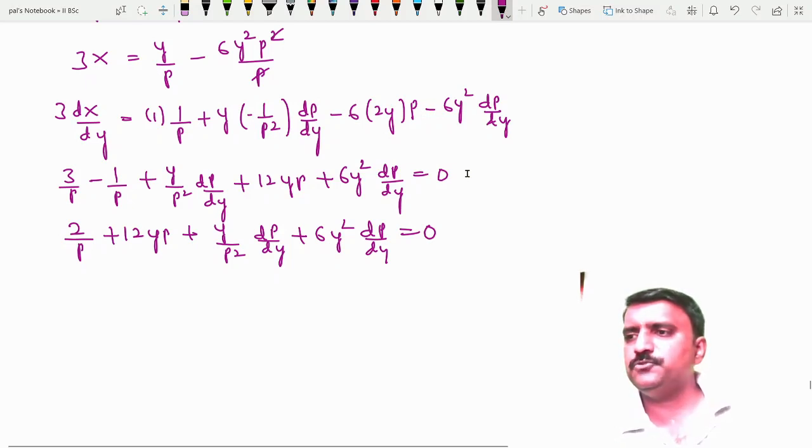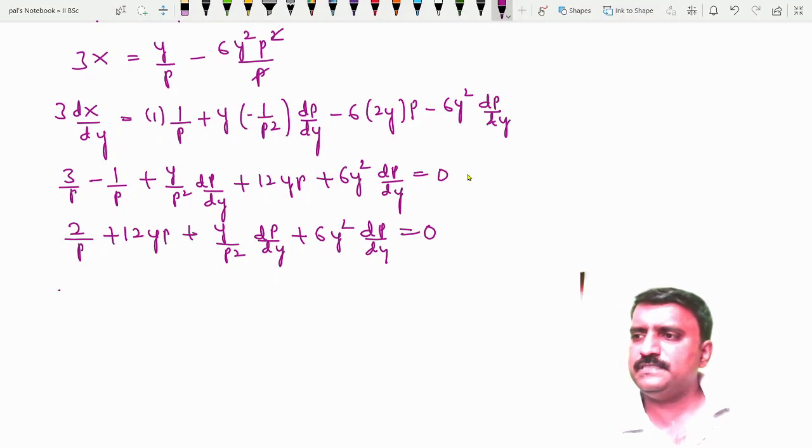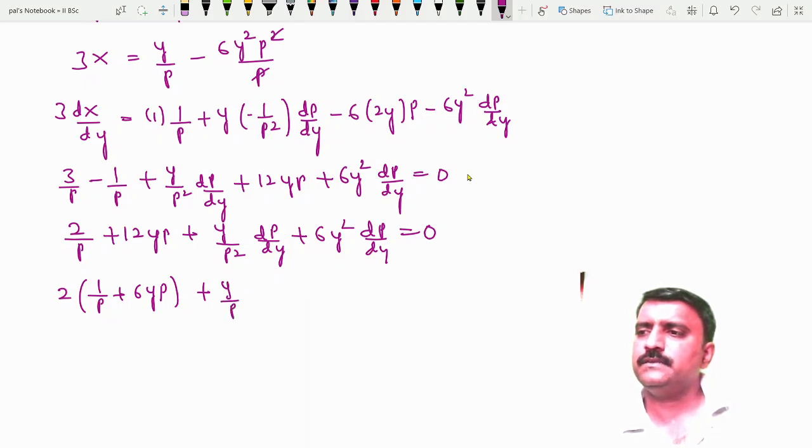Here you take 2 as the common factor. Remaining is 1 by p plus 6yp. Plus, here you take y by p as a common factor, so y by p into dp by dy is taken as a common factor. Remaining here is 1 by p plus 6y, and here we take p as a common factor from the denominator, so we have to multiply numerator and